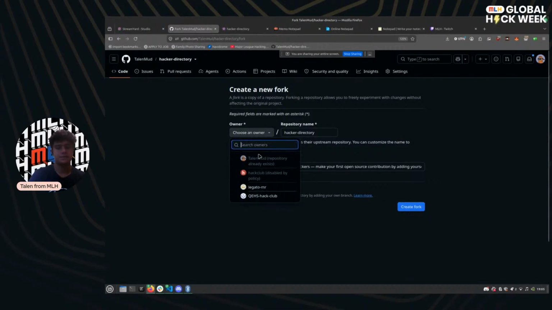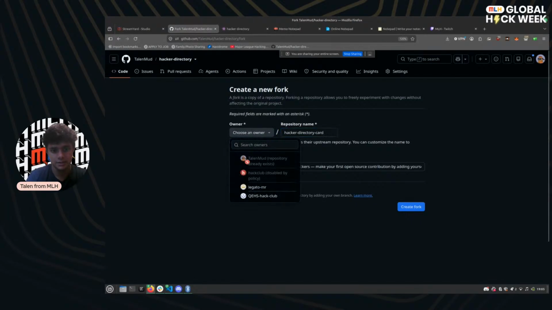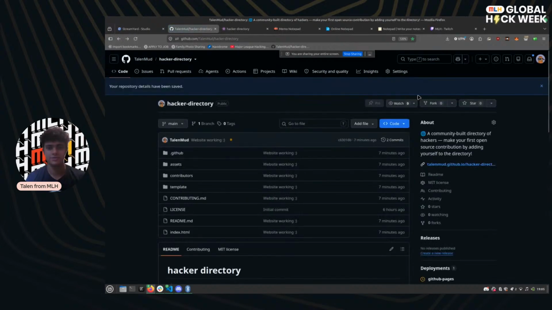I'll make my own. Oh, repository already exists. Okay, so I can't fork the repository, but this is how you do it. You'd create your fork, and I can't fork it because it's obviously my own repository. Now, what you do then is on your fork, okay,